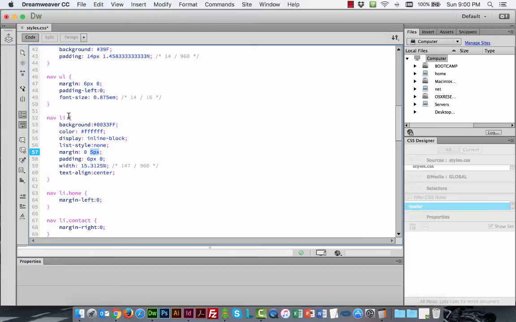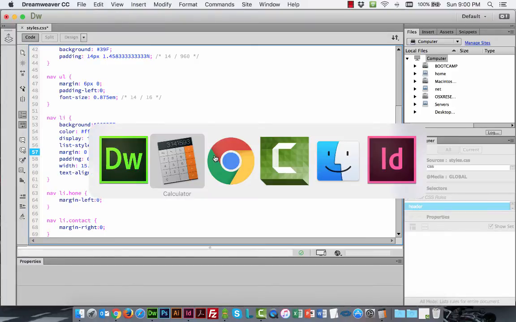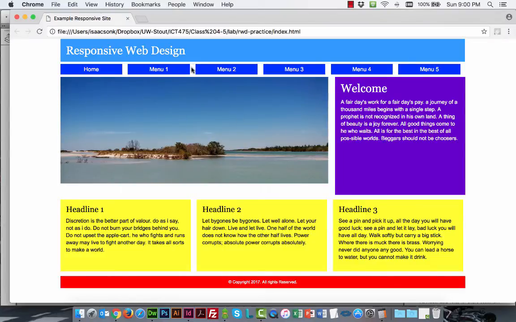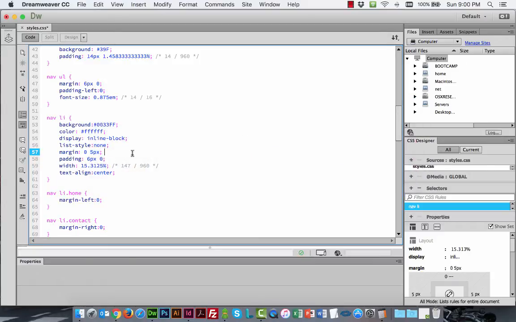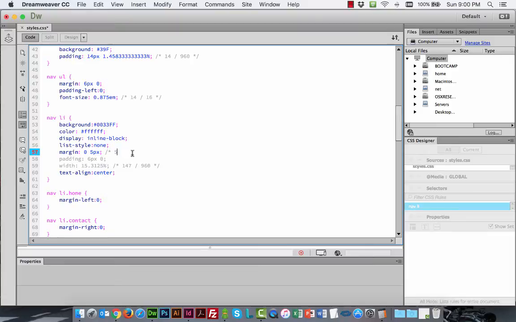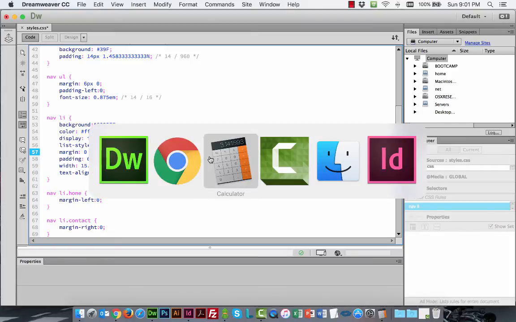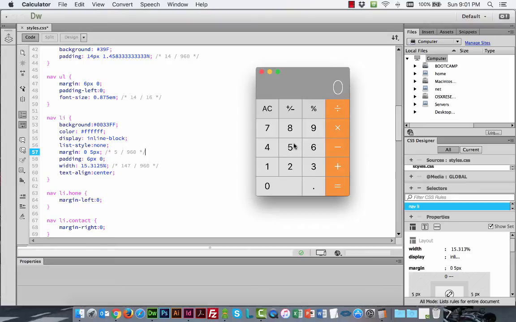So this is our nav LI. So let's go take a look at what that is. So that's our nav LI. So that's this space, this white space in between our navigation buttons. So let's go back. That means it's going to be out of the context of 960 again. So let's go back to this, and we're going to make our comment, and it's 5 divided by 960. So we know that this is also going to be a small number, and that's okay. Let's go get our calculator, and we'll do 5 divided by 960